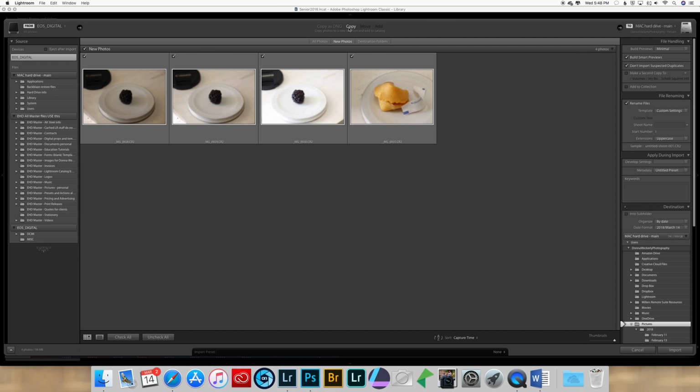You can also move them, this choice. Moving them from their current location to a new one without changing the file format. This does delete the original file after they've been moved. So this is a good idea when you want to move photo files from one folder to another on a hard drive. Or you can simply add, and Lightroom imports your photos into the catalog without moving or copying them